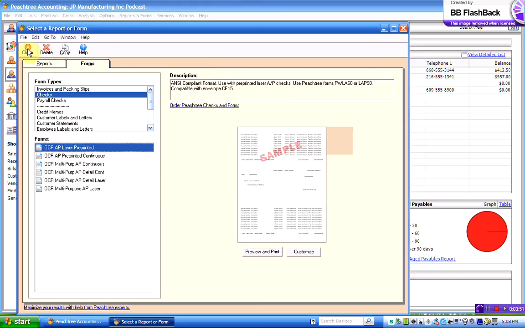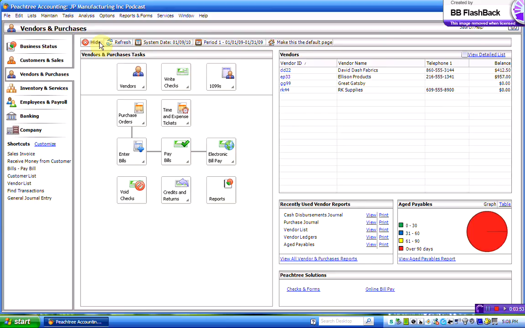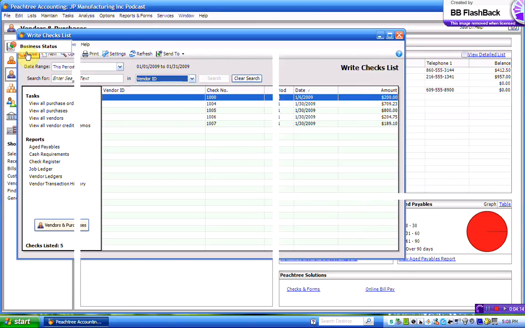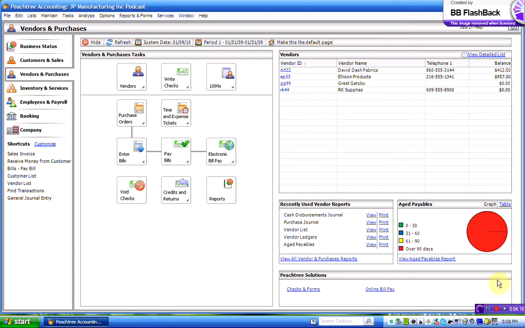Now we can close that. We can view and edit the checks here, which we won't do for the moment. That's going too far ahead. Okay, we'll leave it at that. So we printed off our check, and I'm going to